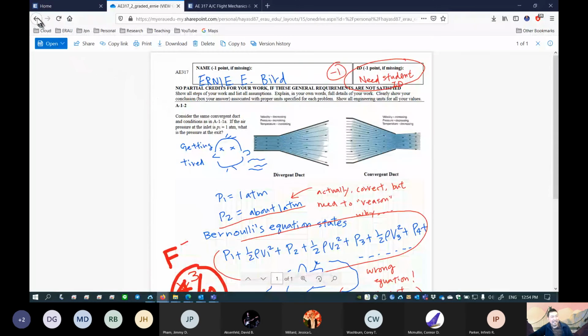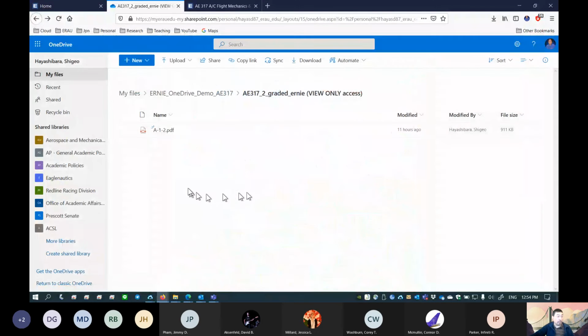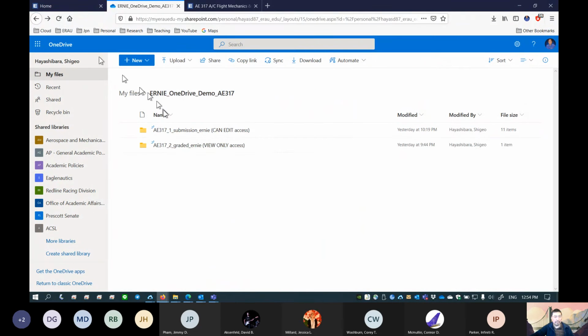Anyways, this is a graded work. You can always see it. Graded work is going to be pushed back into this file folder. So this is how it goes. You're going to work on homework and quiz, and submit into this submission file folder.